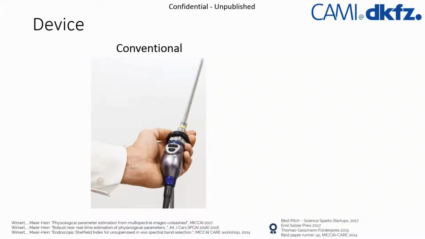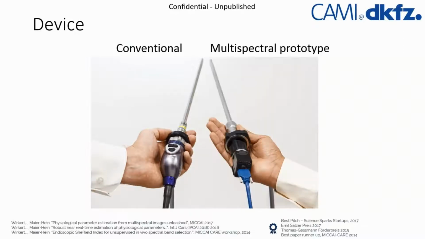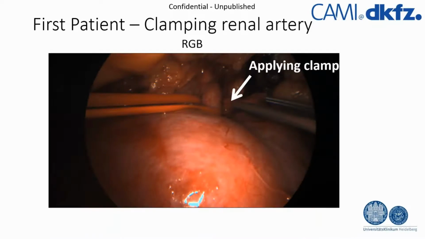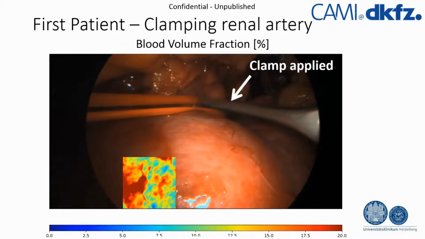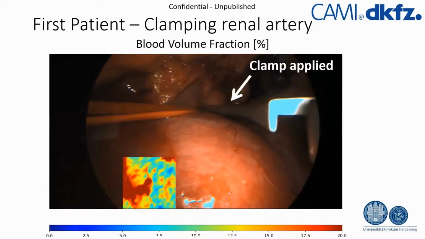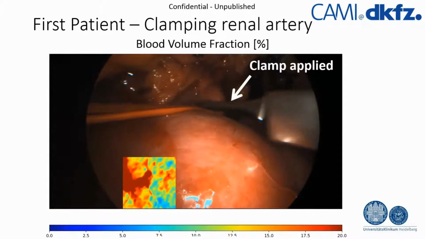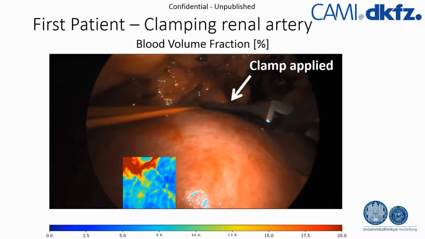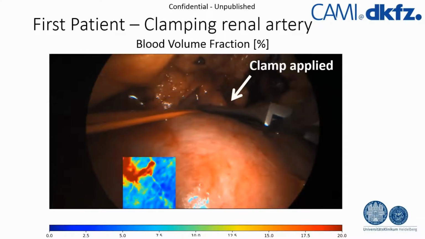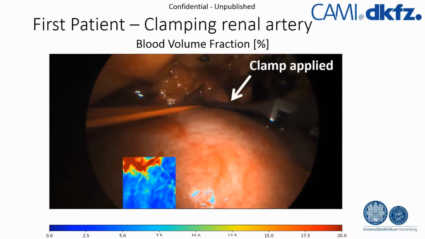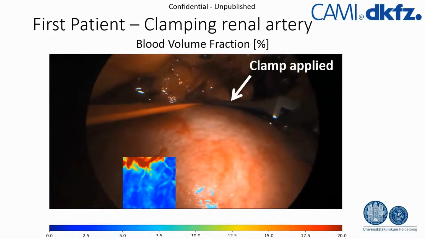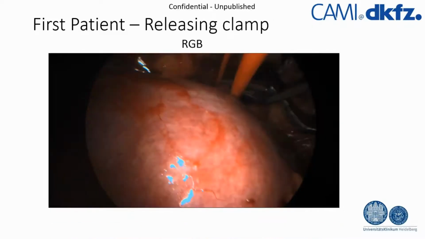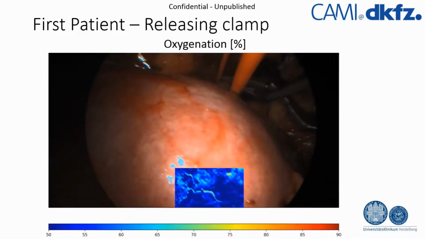So you see here a conventional device, and this is a multispectral prototype. And it uses deep learning to estimate the tissue properties. So you see here a clamp that is attached to a renal artery, and you see here the blood volume fraction. And if the clamp is applied, the blood volume decreases. You can see this with this new type of endoscope and the algorithm behind it. And if you release the clamp again,